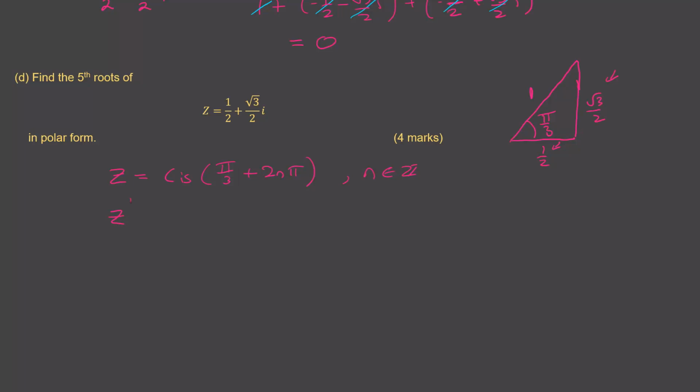So the fifth roots are going to be cis of pi by 3 plus 2n pi, divided by 5. And n still clearly is an integer. Now, if n is equal to negative 2, then what we get is cis pi by 15. Take away